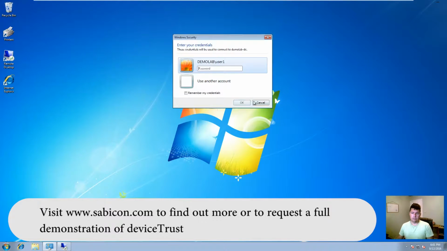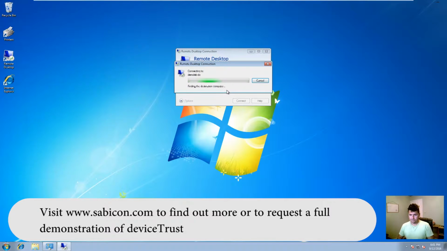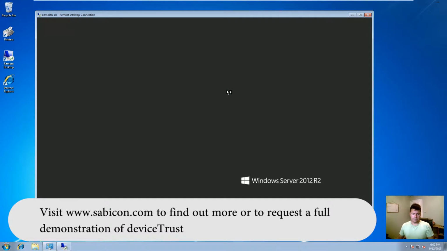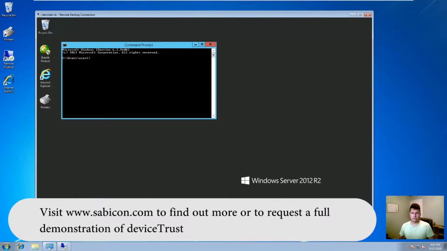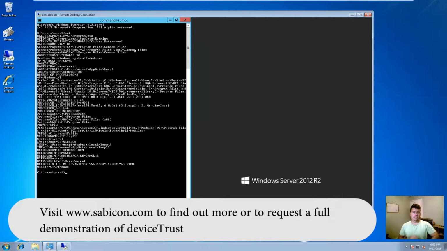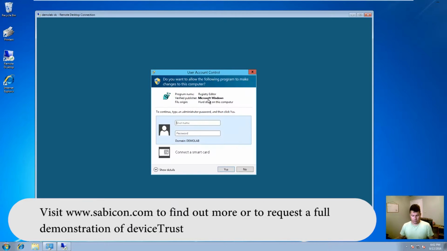We're going to connect up using user 1 to the terminal server. And as we connect in here, we can see we've got a standard desktop, and if we do a command prompt and do a set on this, we can see we have standard environment variables set up here, and also if we come in and do a registry,